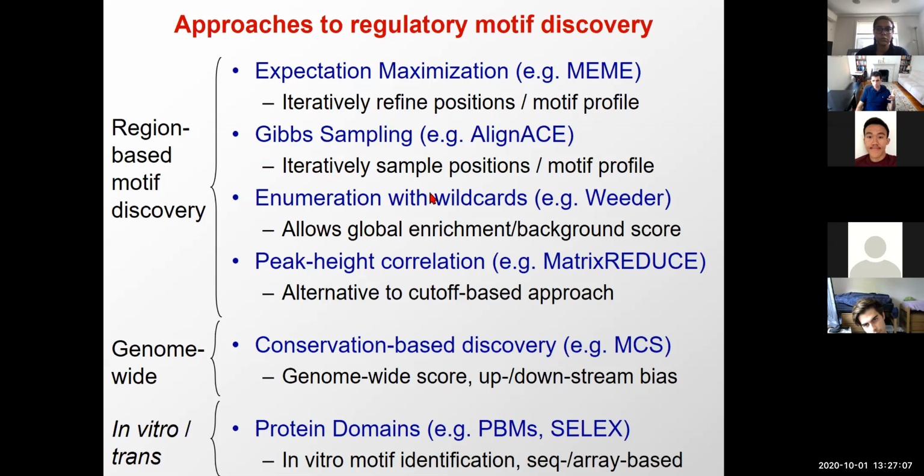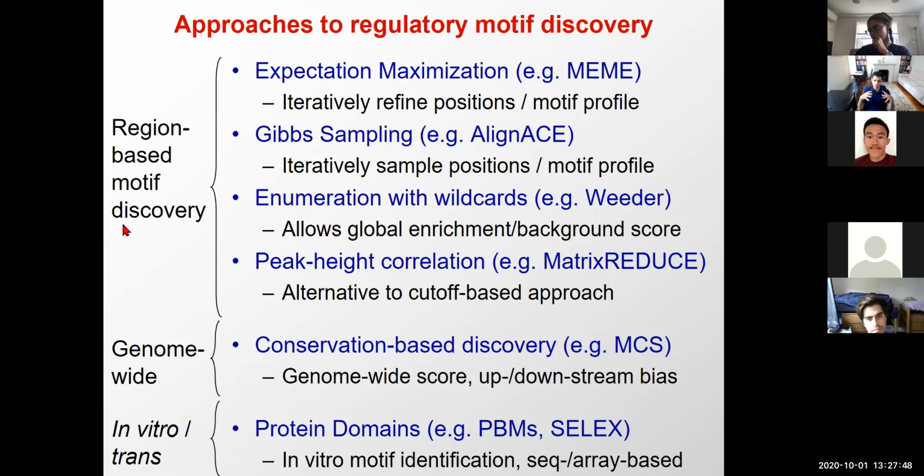There's enumeration, possibly with wildcards, and we're going to see one such enumeration approach in the context of genome-wide motif discovery. And then there are also correlation approaches that focus on whether the peak height of binding of a transcription factor, based on the ChIP-seq experiments like we talked about two lectures ago, is in fact predictive of the motif agreement, basically whether the strength of the PWM matches the strength of the chromatin precipitation. So these are just different families of approaches, and we're going to focus on three of them today for region-based